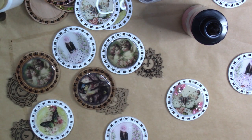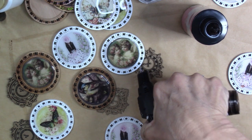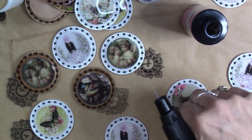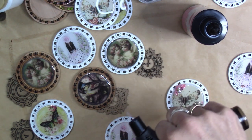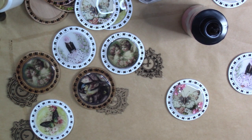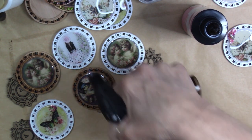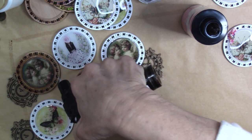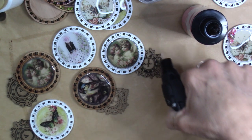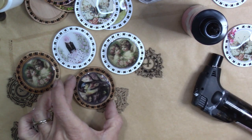Now this one here, it still has bubbles popping out right there. I'm trying to look on all these other ones. I don't see, this one's one that's already done. I don't see any more bubbles popping up. Just that one. So I'm going to take our bird